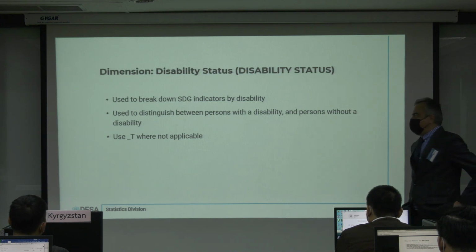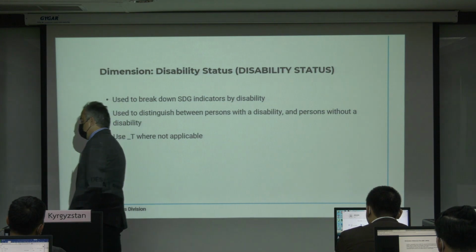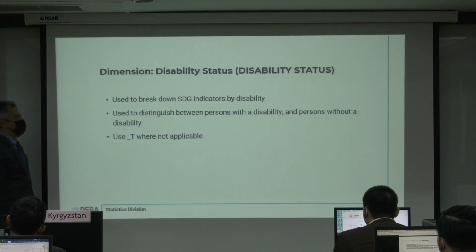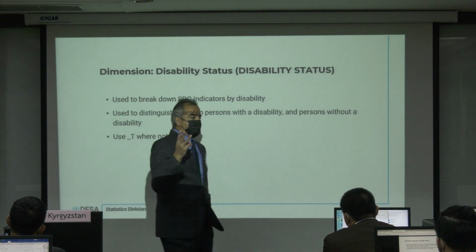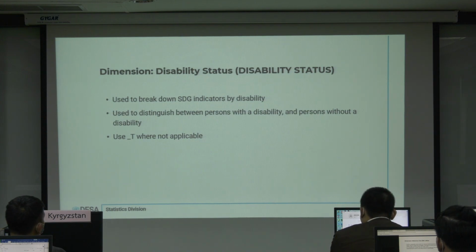Disability status. It's used to break down the SDG indicators by the person's disability status. Disability status means that it only has three codes: total, persons with disability, and persons without disability. It doesn't go into any code in the